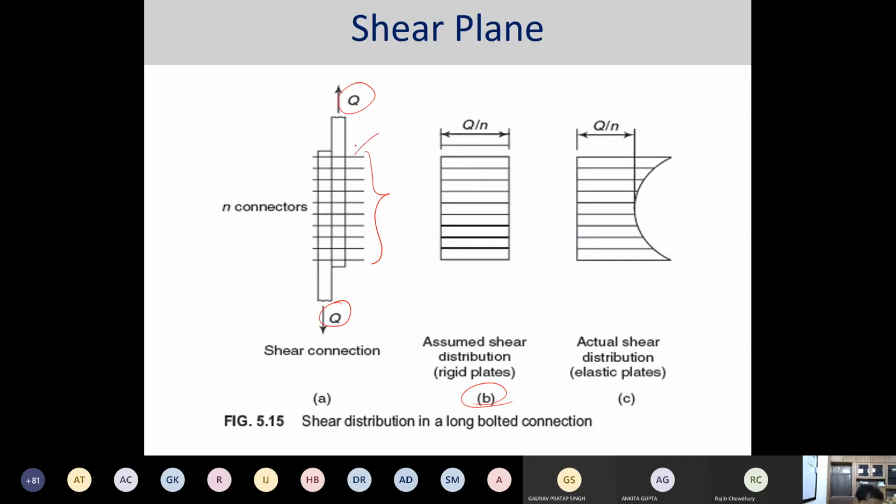The peripheral bolts, or the extreme end bolts, generally take more shear force than the rest of the intermediate bolts, as shown in figure C. You can understand this from the governing physical behavior also. All these distributions are generally observed whenever there is only elastic behavior. If any plastic action comes into the picture, then the situation would be completely different.